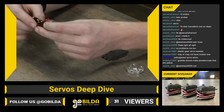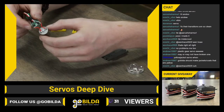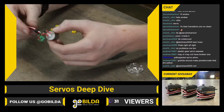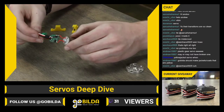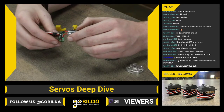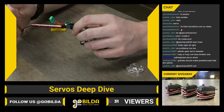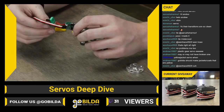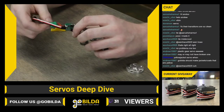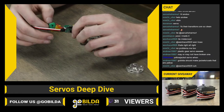And that's where you find the difference between a digital and an analog servo. Analog servos are much more analog. They rely on the position of the potentiometer to determine how much power to send the motor. And it's a very direct connection between those two things. So if your motor is 1 degree off center, an analog servo will only ever send it the same amount